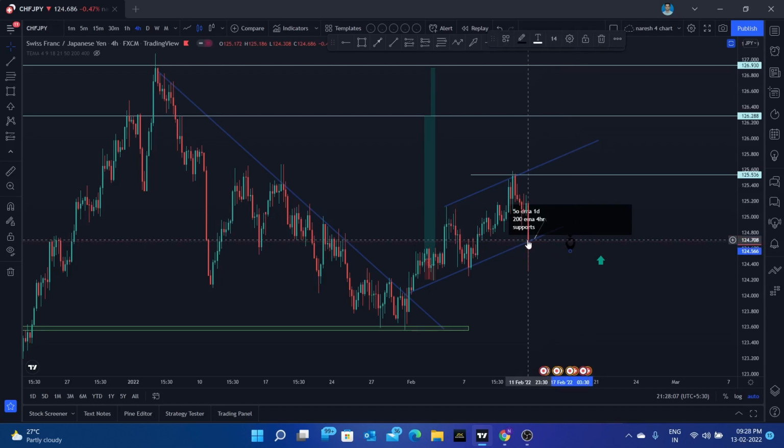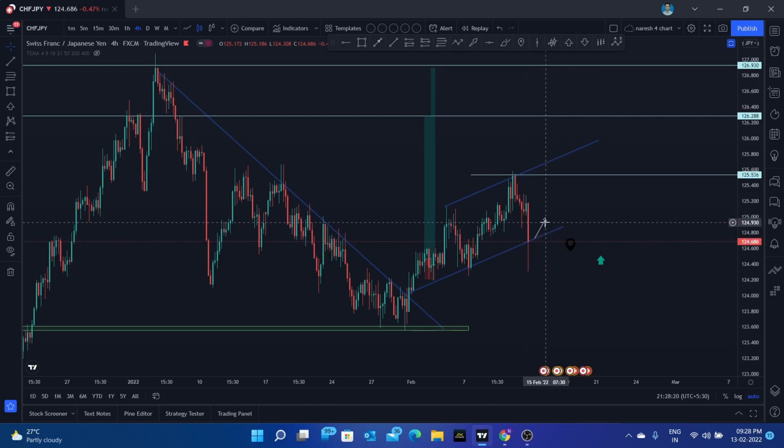Near this area we are having 50 EMA 1 day support, and 200 EMA 4 hour support. So which is really good, guys. If it is holding this area and making a bullish candle, it is really good. The probability is very high it can attain this area, guys. So that would be for